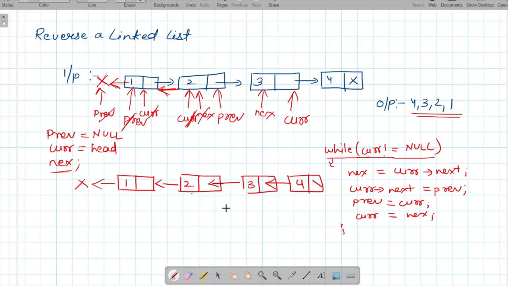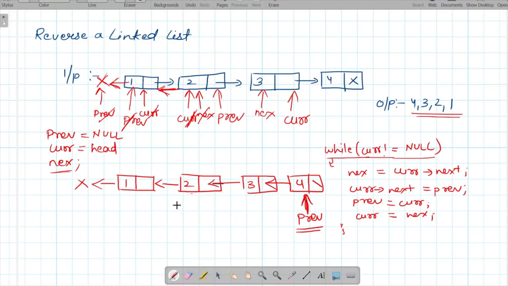So once this is done, what we will do is we will simply return our head of the linked list, which means that we will simply return our previous value, because when we have entirely iterated this while loop, and when we come out of this while loop, our previous will point to the last element, or we can say the node 4 of the linked list. So we will simply return previous, and then the entire linked list will be returned. So the next of this 4 is 3, the next of this 3 is 2, the next of 2 is 1, and the next of 1 is null. So this is how we have reversed our linked list.